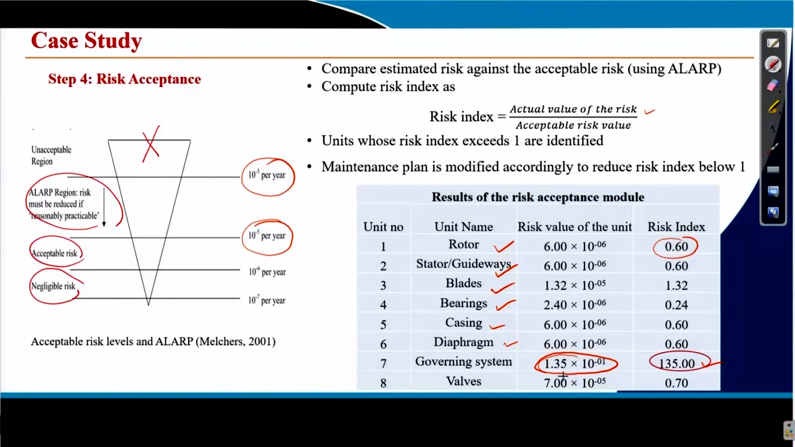For the valve governing system, also for the valve we have considered 10 to the power minus 5, then it will be 7. If it is 10 to the power minus 5, this will be, let it be, 7. Okay. Now, for the governing system, we have taken a little higher value as the acceptable value, because its risk value is